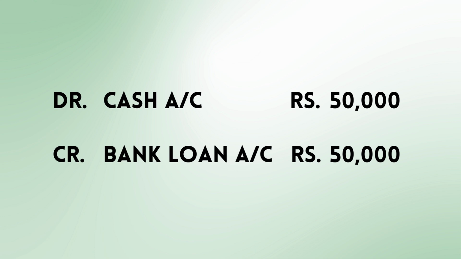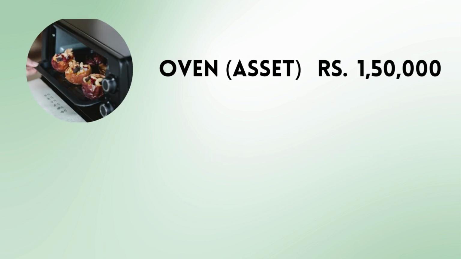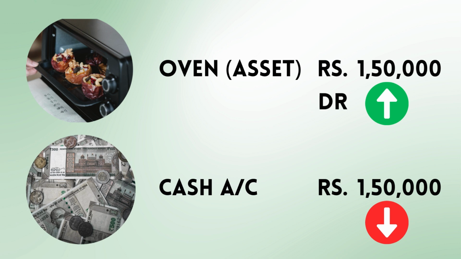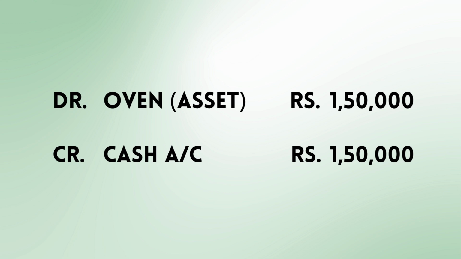Here the accounting entry would be debit cash account rupees 50,000 and credit bank loan account rupees 50,000. Subsequently, John buys an oven worth of 1,50,000 rupees using cash for his bakery. Thus, oven, which is an asset, increases and cash, which is also an asset, decreases by rupees 1,50,000. As an increase in assets is debited and a decrease in assets is credited, the accounting entry would be debit oven, that is the asset account, by rupees 1,50,000 and credit